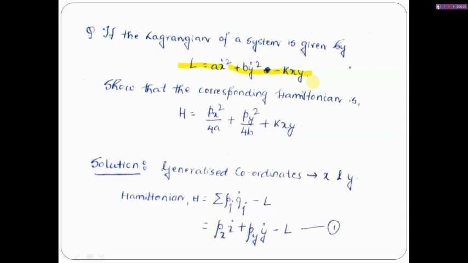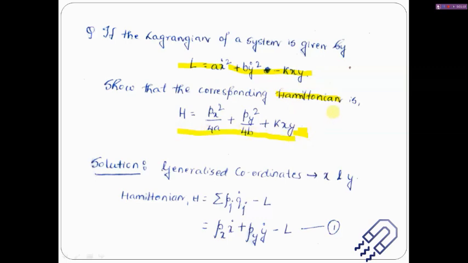So in questions, usually they give a Lagrangian and you have to find out the Hamiltonian. So you have to show that the corresponding Hamiltonian, that means you have to use this Lagrangian to find out the Hamiltonian, and your answer should be this. Your answer should be this. So if I want to do this,